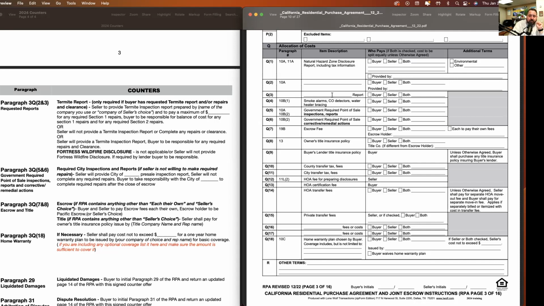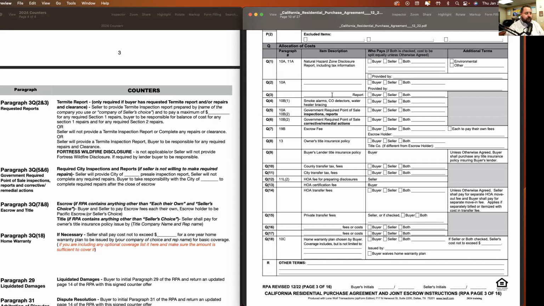So if there's any Section 2 responsibility, which is the preventative maintenance and termite repairs, if you guys see that, then that's the max I'm going to pay, and the buyer's going to be responsible for all of Section 2. That's what I'm going to do if I'm going to pay for it. If I'm not going to pay for it,